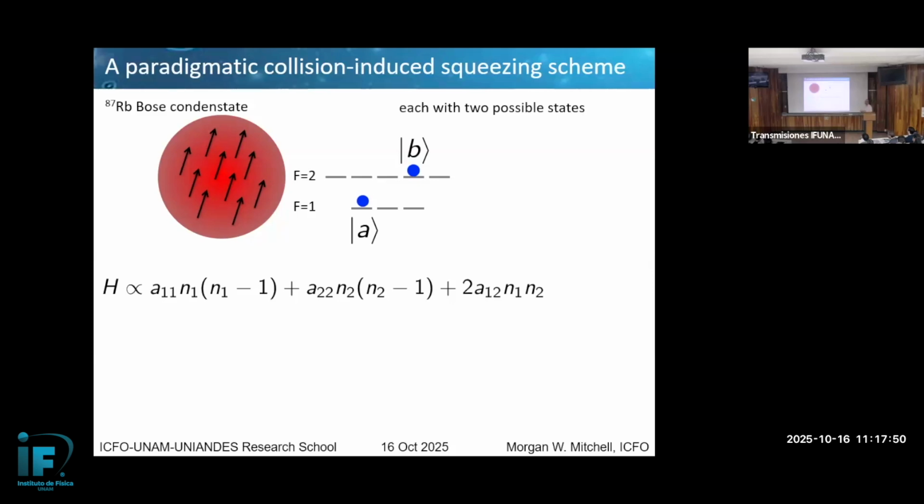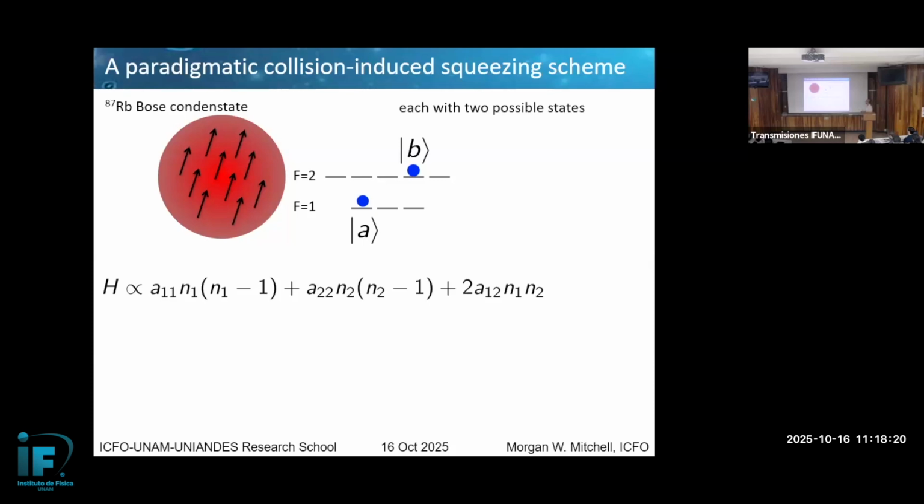That's the number of pairs that can collide with each other in that state. And then this is the scattering length for F equals 1 atoms with F equals 1 atoms. Here you get the same term for the F equals 2s: again, n times n minus 1 times the scattering length. And then collisions between these will give you an energy which is number in this state times number in that state times the